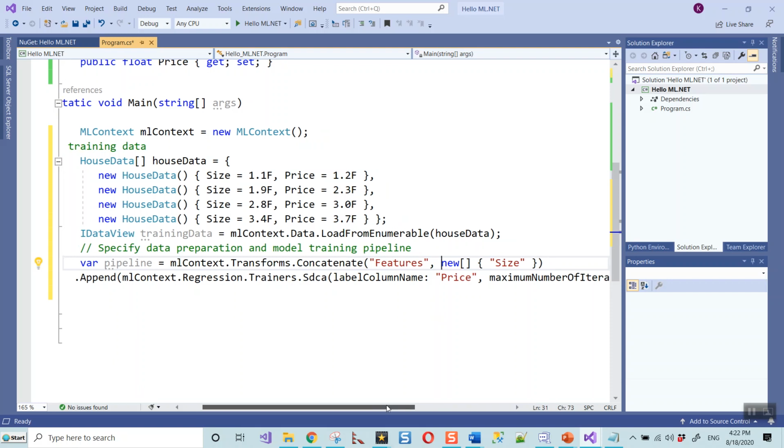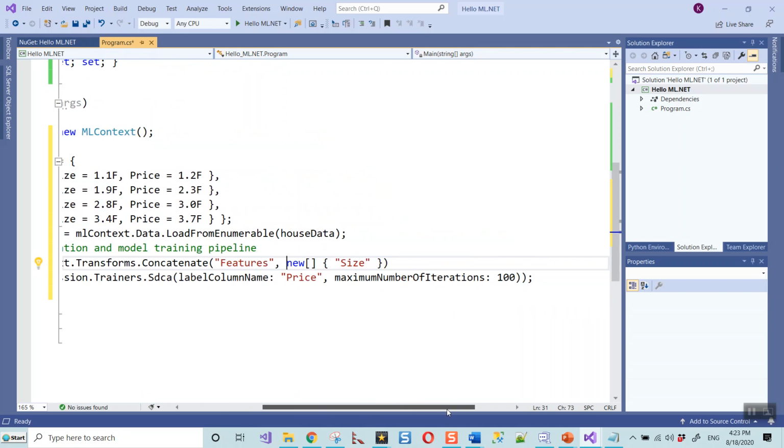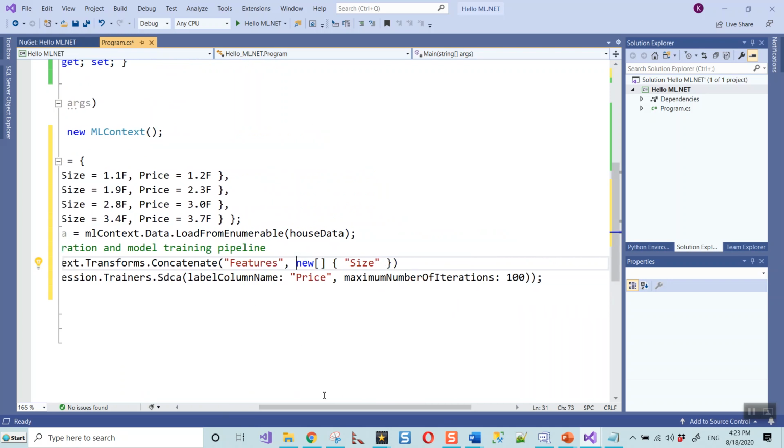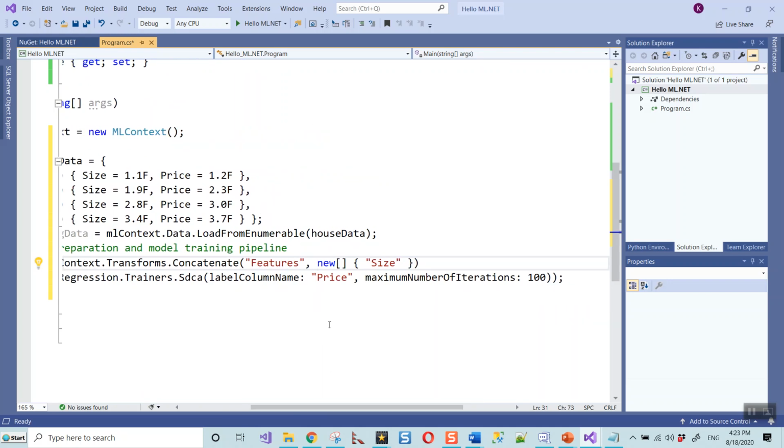Okay, that you will understand slowly. Don't overthink this too much if you don't understand, but probably this will be understood at a later stage. And we have just one label column name, that is Price, which you will see will be plotted on the y coordinate with the features on the x coordinate. So price will be a function of the feature, which is size, and we'll train the model for a maximum number of iterations of 100, right?